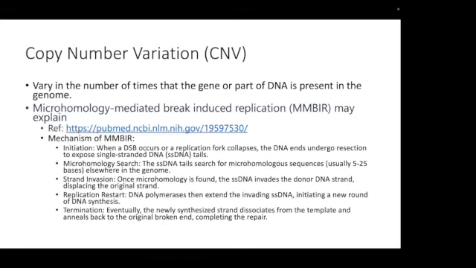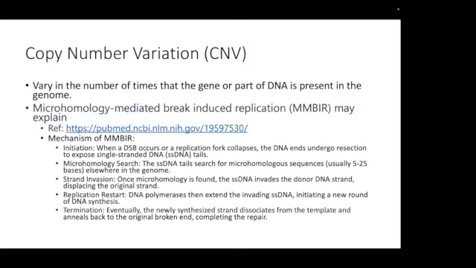The morphology-mediated break-induced replication may explain why the copy number variation is happening. The mechanism of that MMBIR is it starts initiation when the double-strand break, DSB, occurs or a replication fork collapses. The DNA ends undergo resection to expose the single-stranded DNA. Single strand is SS. Then microhomology search, this tail part of the ssDNA searches for a microhomologous sequence, usually around